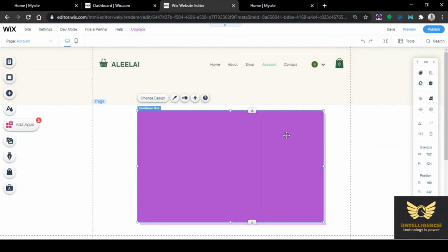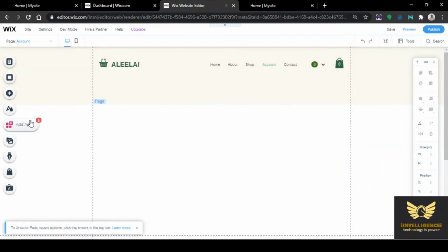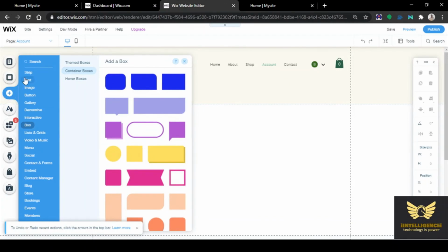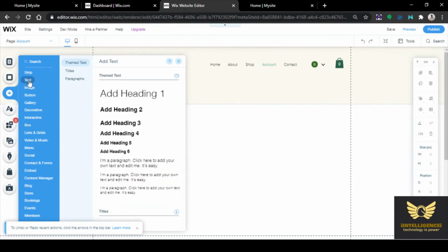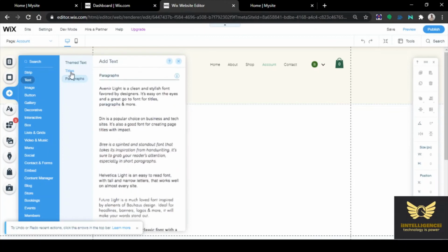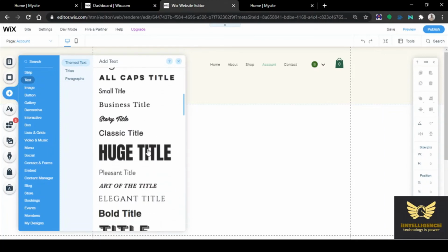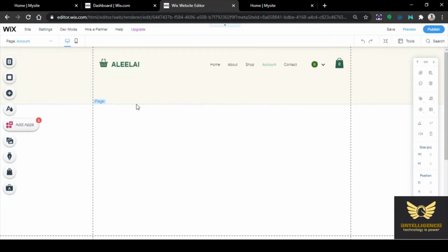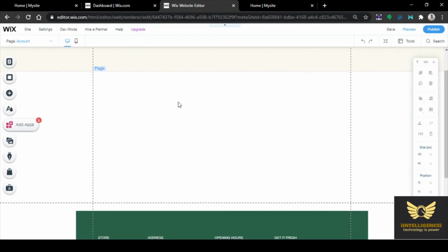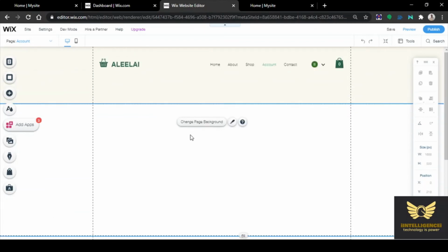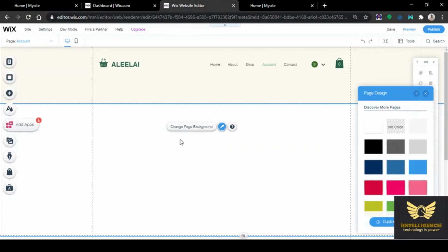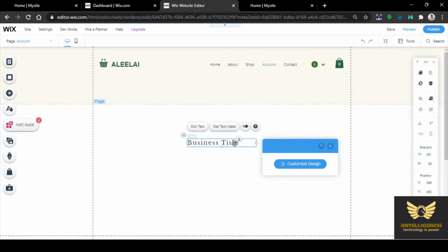Close it. Yes, deleted. This text separate option is there. Themed text, titles, paragraph, all options are there. So let me select this business title. Now let me edit the text.